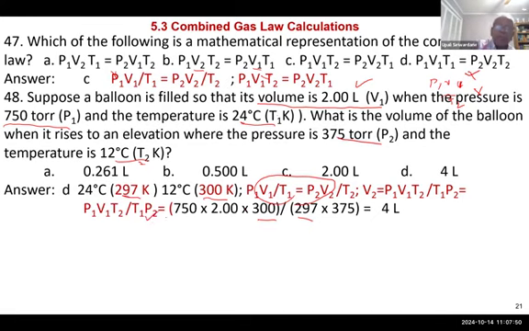That's P2, T1, T2. You get 3 liters. The answer is